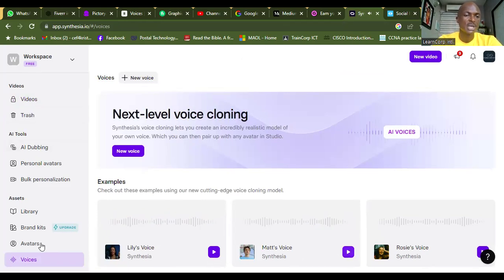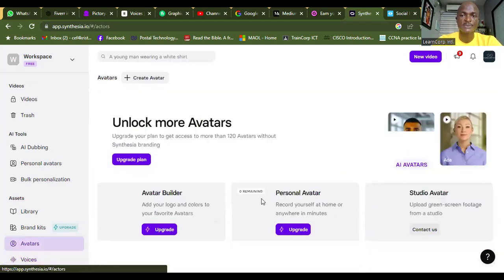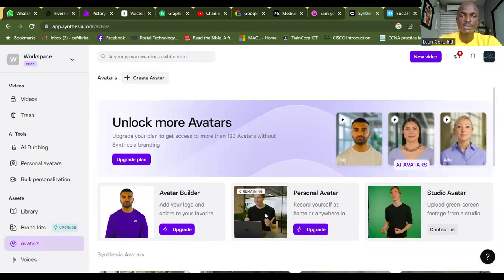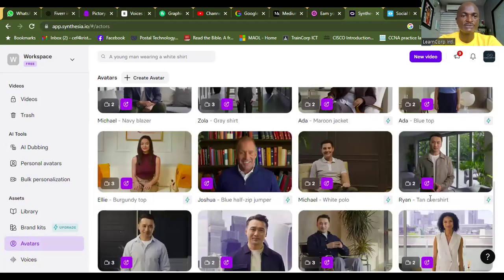So you see, avatars, the kind of people you can use, maybe their looks and stuff like that. So these are different people you can use for your presentation. Let's say we use this guy behind the computer. Okay, now this one, you need an upgrade, all right? Upgrade means pay money for that avatar. Let's see if we have free ones. Okay, these are some others. Let's check out this guy.